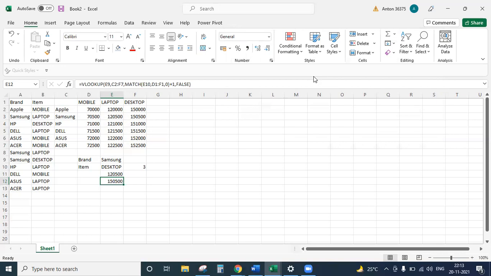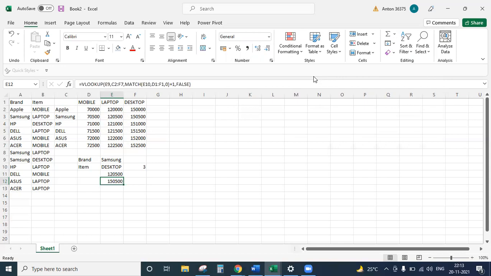See the difference: when I select this, it will give me the exact result that I'm looking for, the exact criteria, provided it is sorted. I'll repeat that again. If it is not sorted, you will not get the same result.